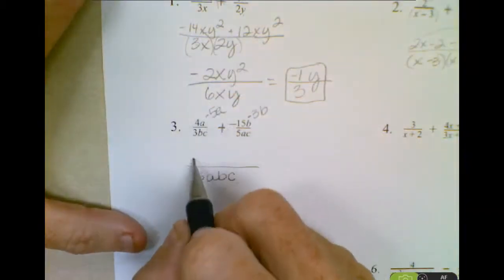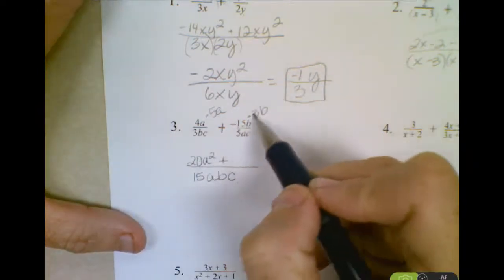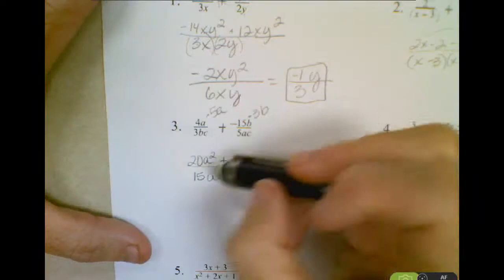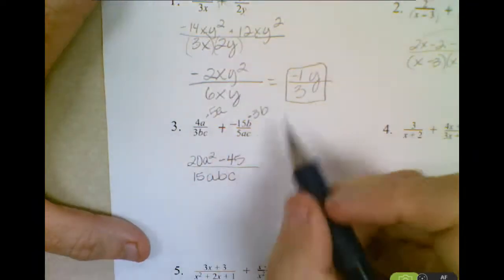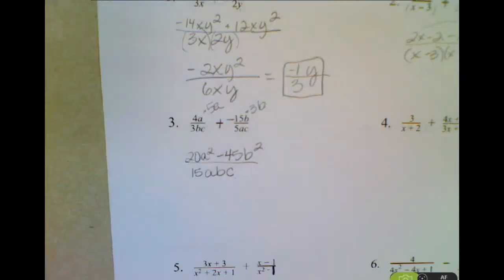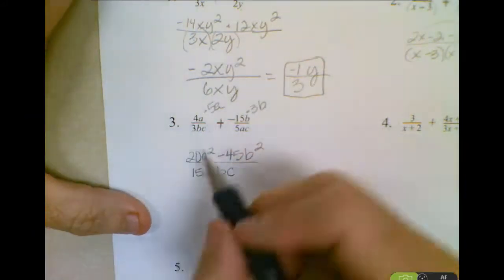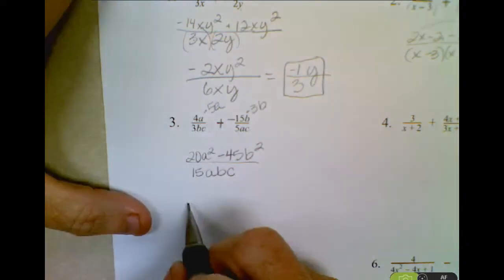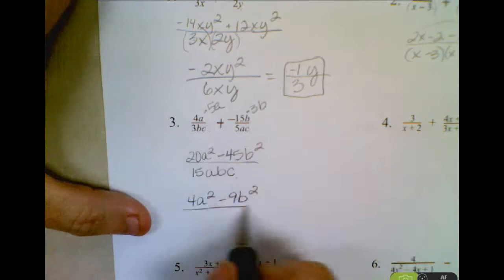So 4 times 5 is 20, A times A is A squared, plus negative 15 times 3 is negative 45, and B times B is B squared. Now, what you always want to do is look at those coefficients and see if there's any factor that can come out of all three of them. So in 20, 45, and 15, I can take out a 5. So we're going to simplify that down to 4a squared minus 9b squared all over